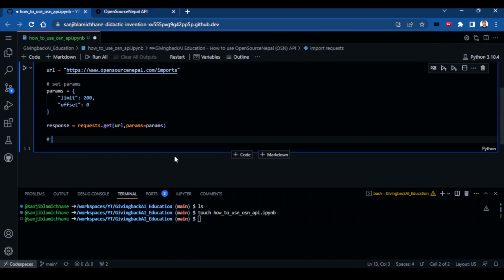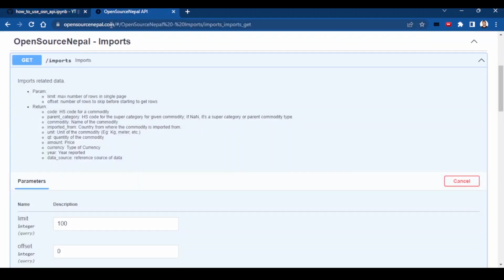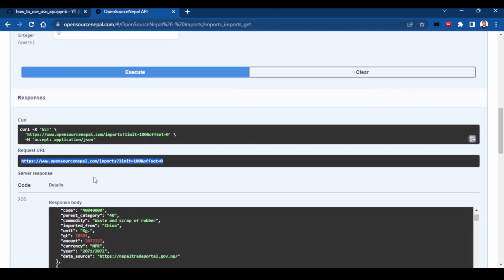Now first of all, let's check if the request was successful. What does it mean to call a request a successful request? In HTTP, you might be familiar, if you look at the API documentation, the code is 200.